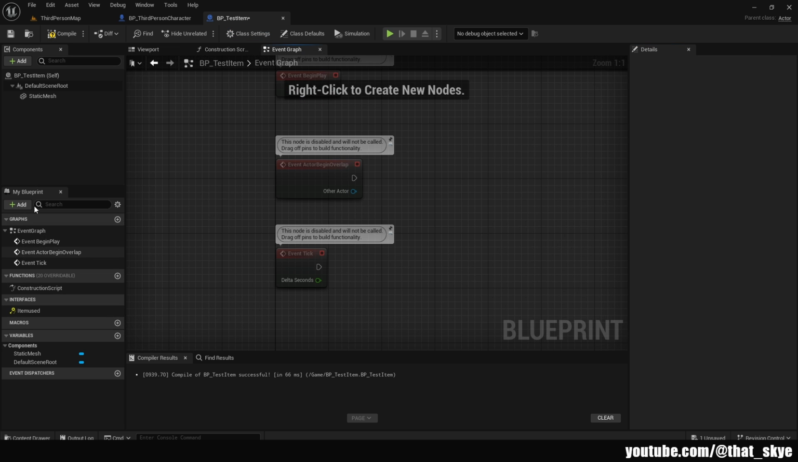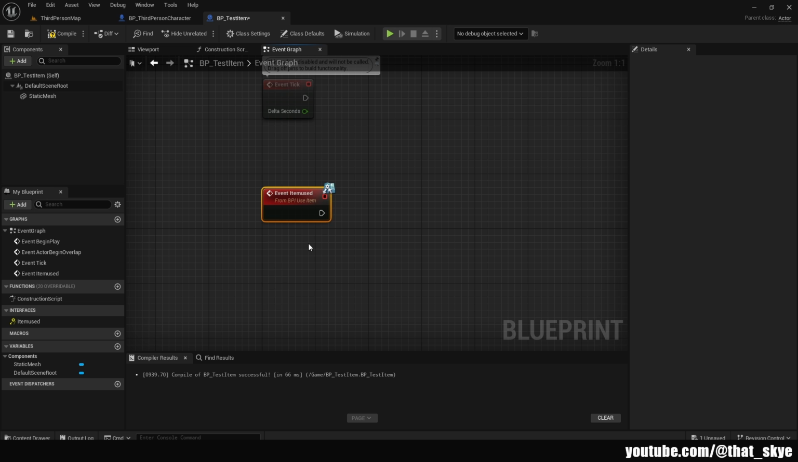In here on the left side, under my blueprint, we have the interfaces, and then we have the item use. This is the function that we created in the blueprint interface. So we can right click on it, implement event, and this is gonna trigger basically whenever we are using the